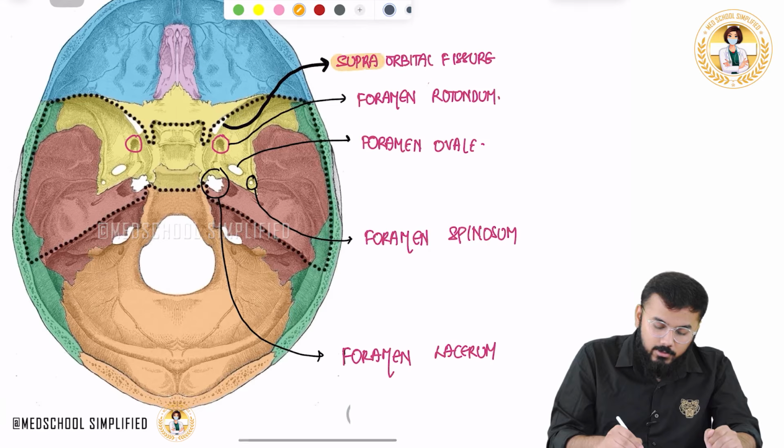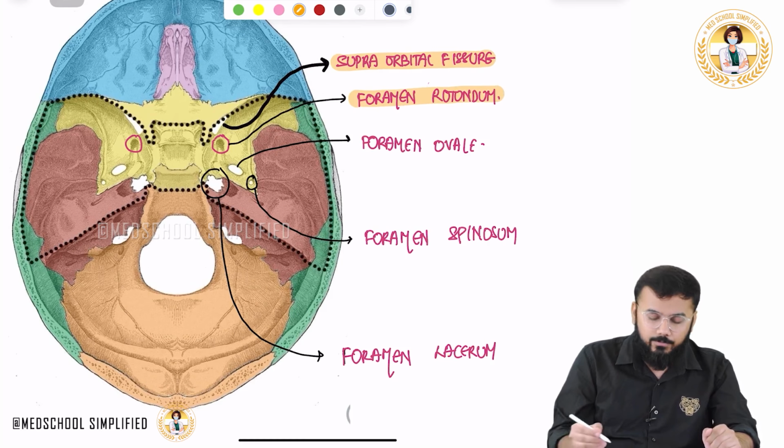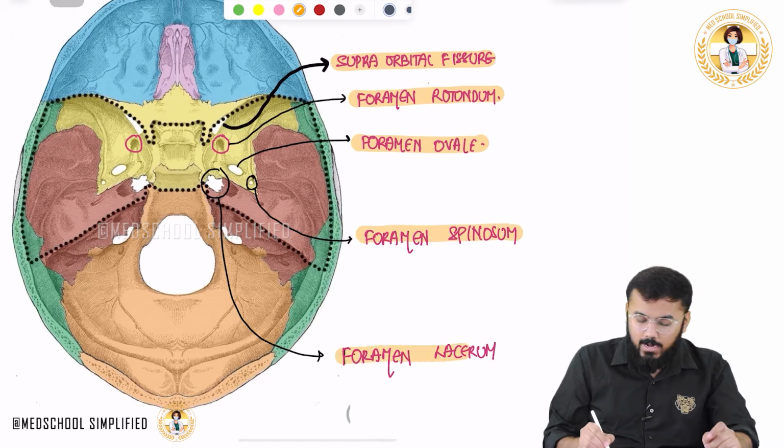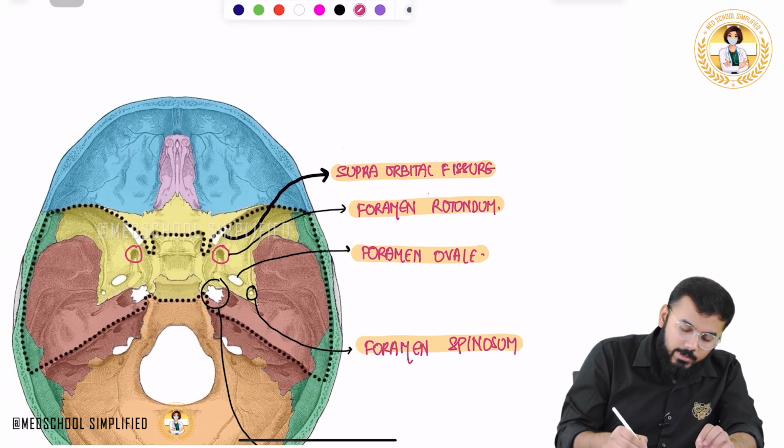So what are the different foramens which you can see? One foramen on the top we started was supraorbital fissure. Another one is called as your foramen rotundum, which is rounded in shape. Next you have got oval shaped foramen called as foramen ovale. Next you have got foramen spinosum, and lacerated shape is called as foramen lacerum. If you look at the supraorbital fissure,